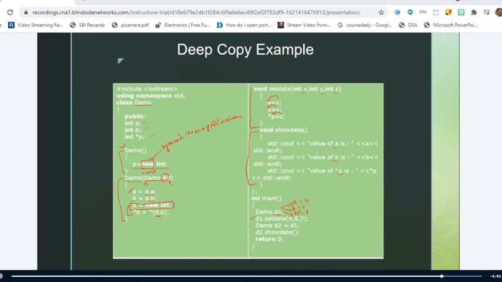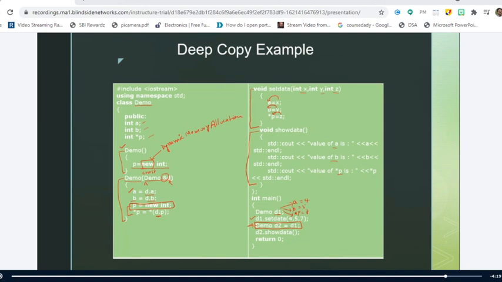Next, what is this statement? Calling copy constructor. Right. Yes, it is true, but you should say that we are going to create an object D2 and then invoking the copy constructor.